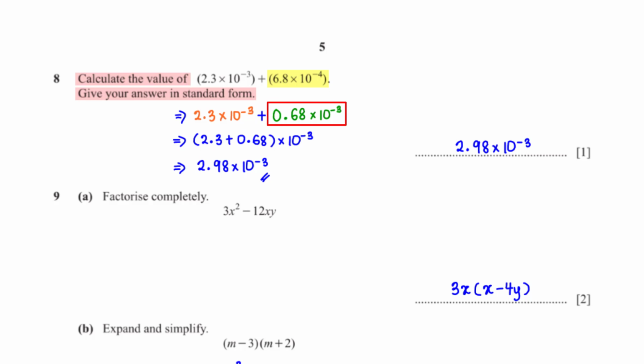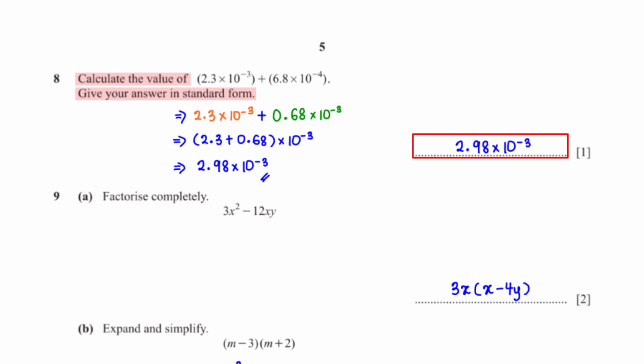the power negative 3. Since we multiply 10 raised to the power negative 4 by 10, we need to divide 6.8 by 10 to balance the expression. 6.8 divided by 10 gives us 0.68. So now when we add the two numbers, we have 2.3 plus 0.68 times 10 raised to the power negative 3. 2.3 plus 0.68 is 2.98. Since 2.98 is between 1 and 10, we can leave our final answer as 2.98 times 10 raised to the